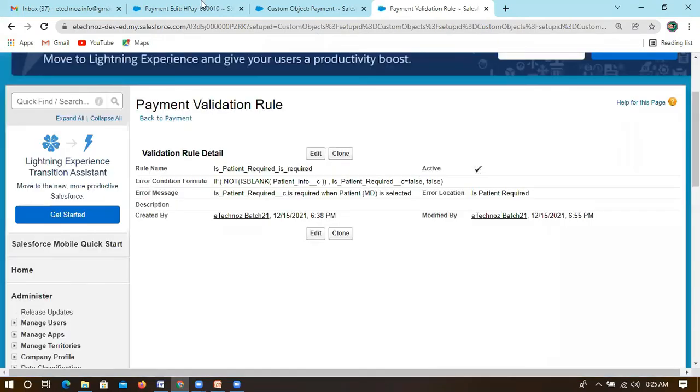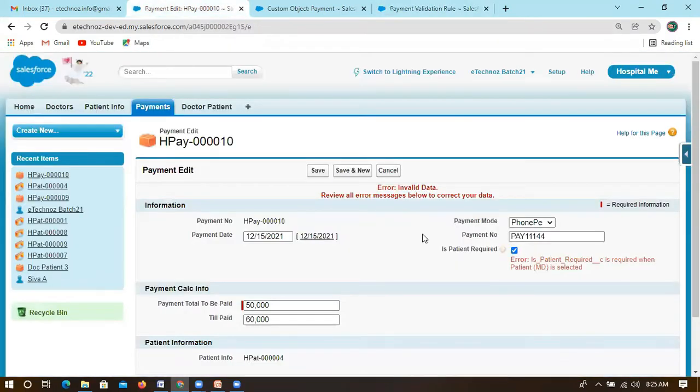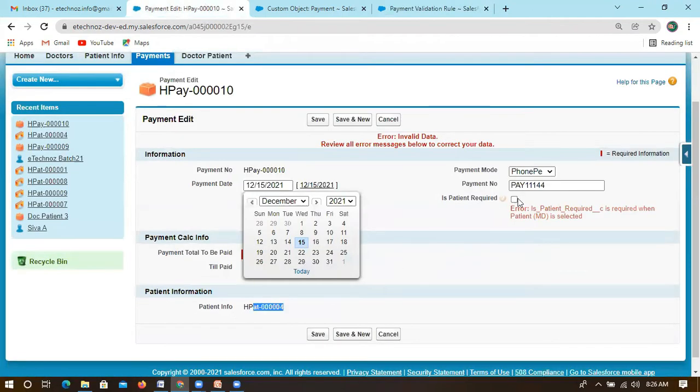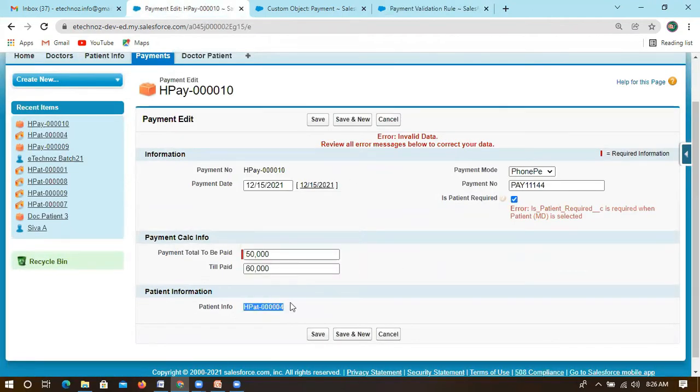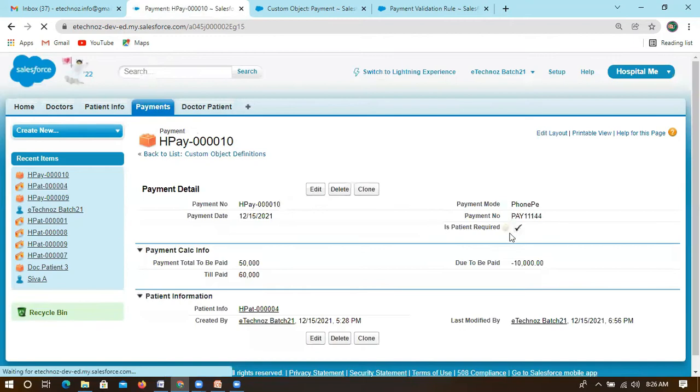I need to check whether it is selected or not. If it is not selected, then it should throw an error. So if this is available and this is not selected, then it will throw an error. If this is available and the user is selecting this, then based on this field, this should be checked. So that is the criteria we were trying to say. Now it is fine, right?